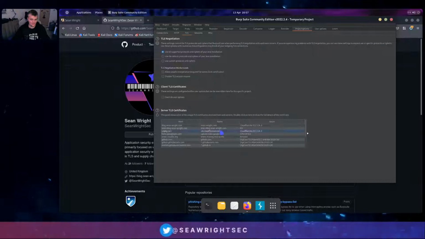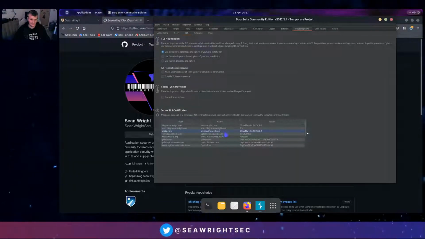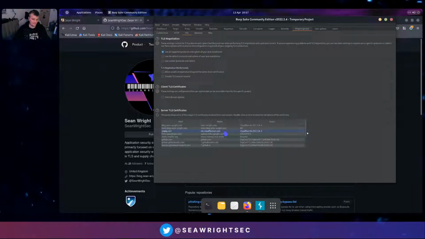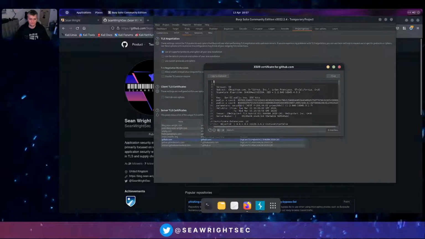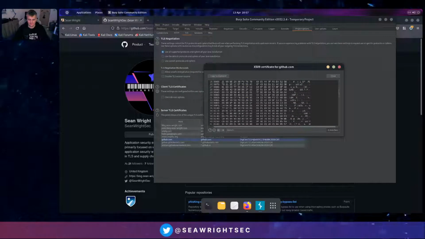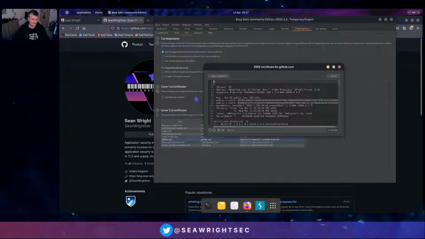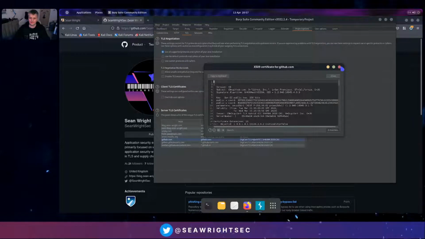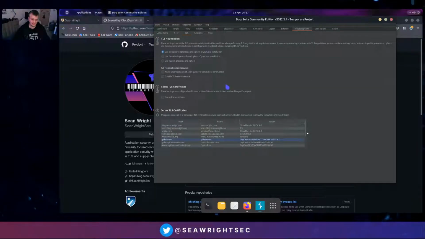The other cool thing here is all the certificates that Burp Suite then gets, it logs here, so you can actually view the original certificates. So in this case, here's the GitHub one, which I still don't know why it didn't show the original one for the TLS interception bypass. But anyway,